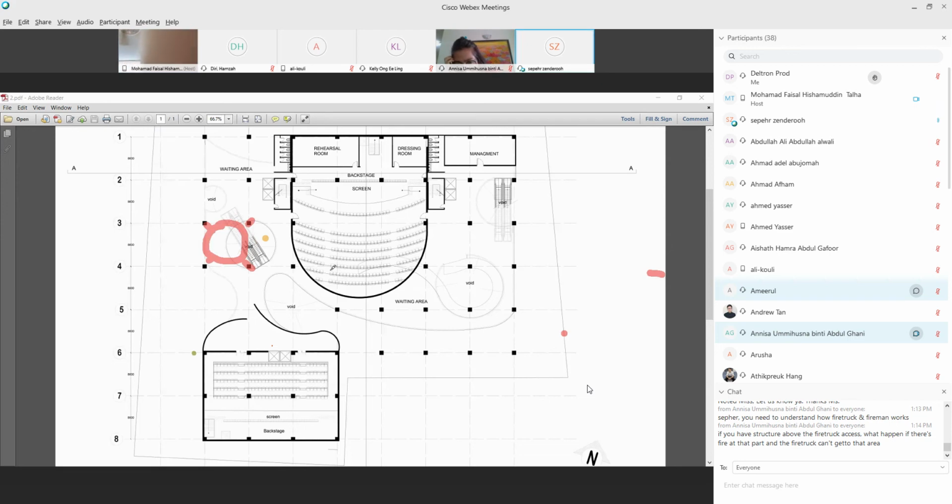But I don't think it's enough for your escalator. It's only 6 meters, I'm not sure. You need to draw the escalator. Escalators are just like staircases, so you need a clearance space. Yes, I know. I can draw on the section and see how it is. You've got to check on the section to see whether it's going to work. Sometimes when you think it can work, then you have an escalator coming like that, and by the time the person arrives at the corner there, the head will hit the beam. Yes, it's dangerous.